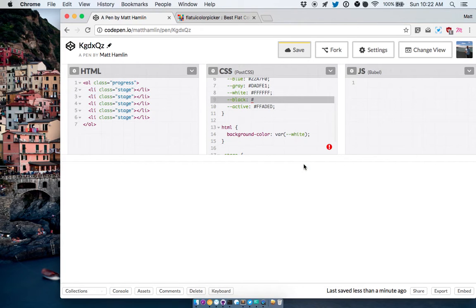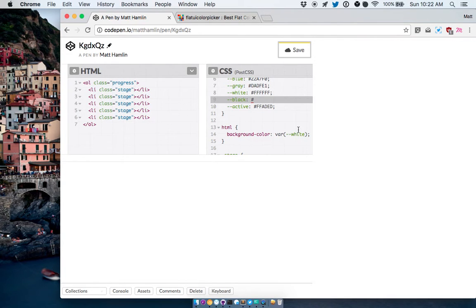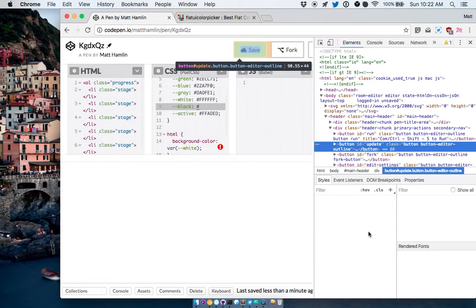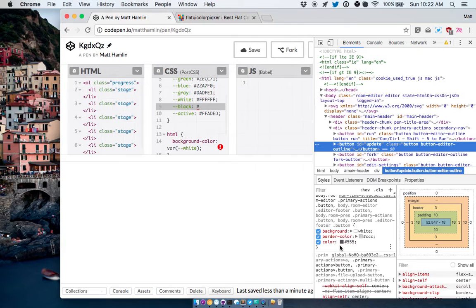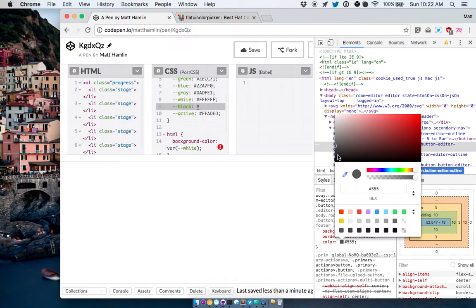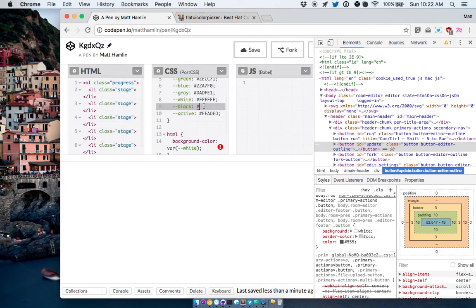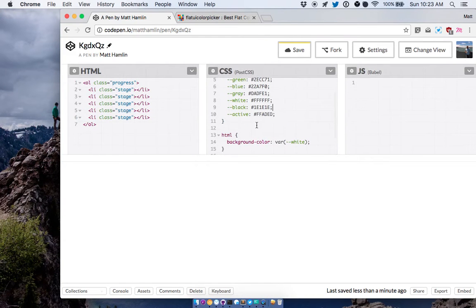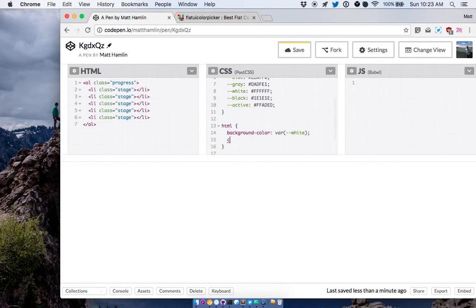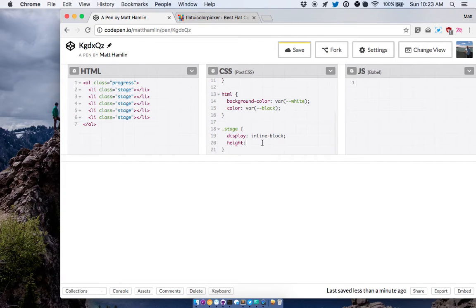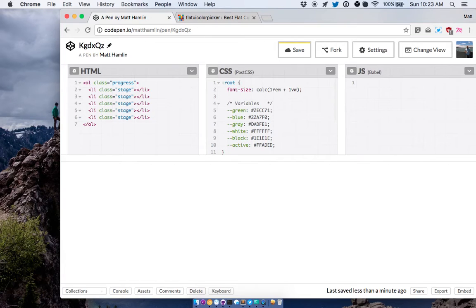Inspect. Let's see. 1E, 1E, 1E. That sounds good. Okay. Background color, that color is our black. Okay. Block height is